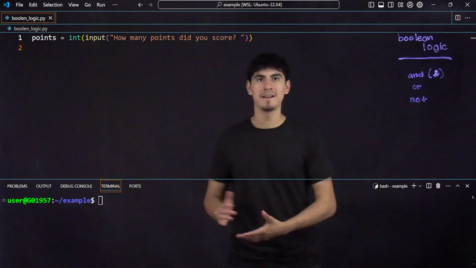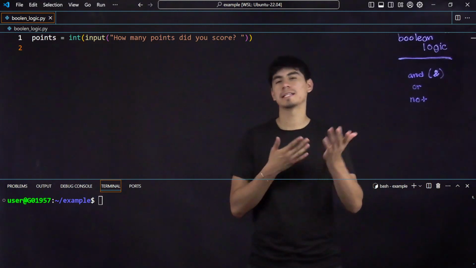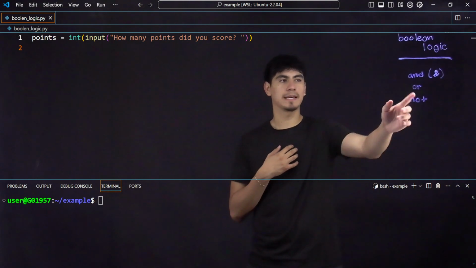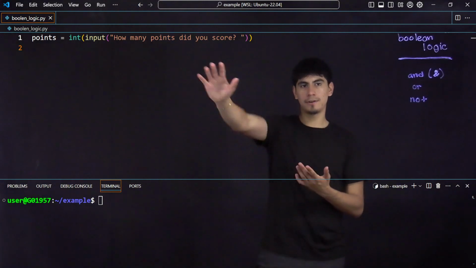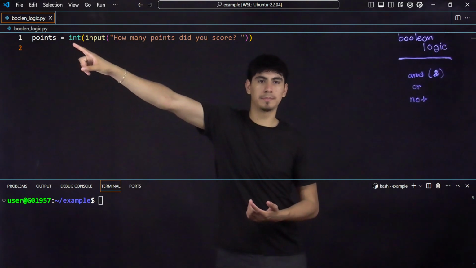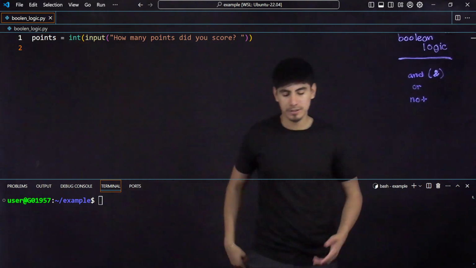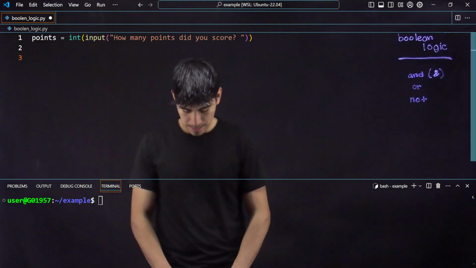It's pretty fun. But yeah, one way to show it off here is by using boolean logic, using and, or, and not. So first off, I already started right here with points, saying my input I want to be an integer up there, just to see how many points I got. So one thing I can say is, if